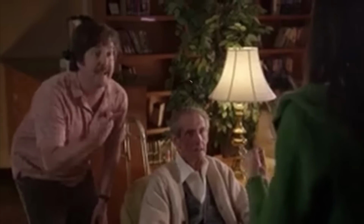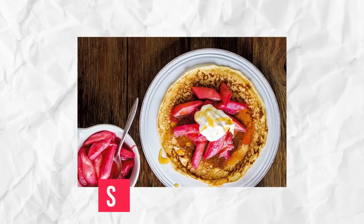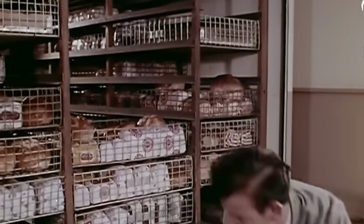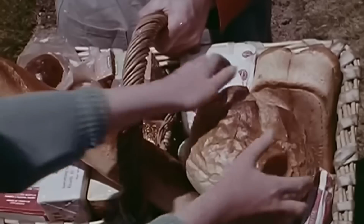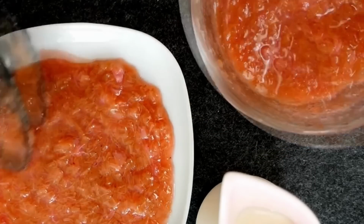With fresh fruits largely beyond budget during the Depression, resourceful cooks turned to backyard staples like rhubarb, tart stalks that magically grew despite economic downturns. Cleverly combining this hardy plant with stale bread, households created stewed rhubarb and bread, a comforting pudding-like dessert that tasted anything but desperate. Bread, often days old, since waste was practically criminal, was torn into pieces and soaked generously with stewed rhubarb, softened into a sweet, tangy syrup. Rhubarb required minimal sugar, and when sweeteners were scarce,